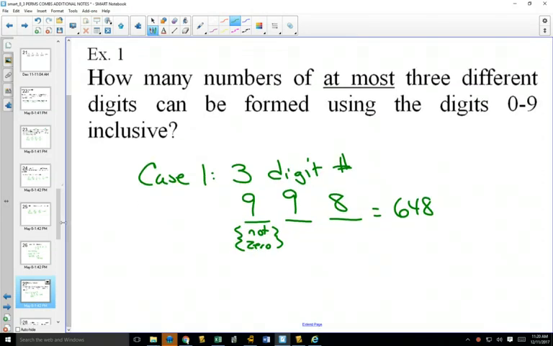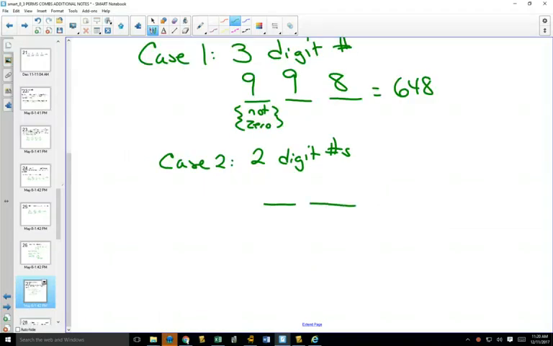So then we can go through case 2. 2-digit numbers. 2 spaces. Again, we have a restriction on our first digit. It can't be 0. So we have 9 choices for that. And for our second digit, we can't use the number that we used in our first one, but we can add 0 back in. So we would still have 9 choices for our second digit, which gives us